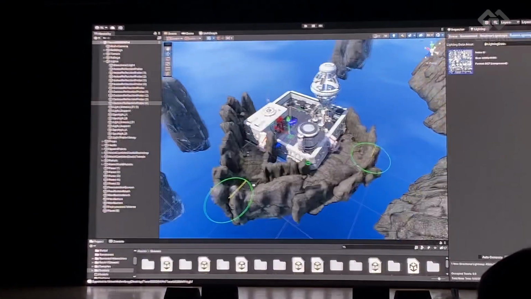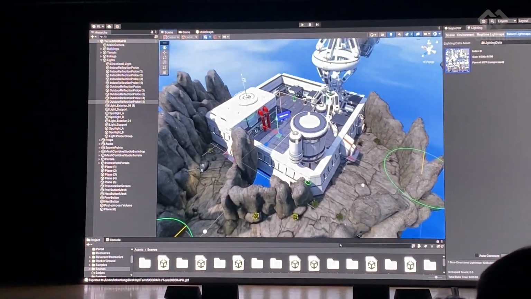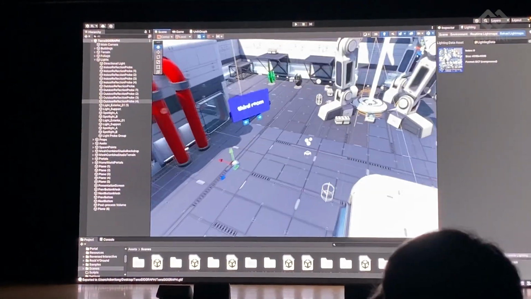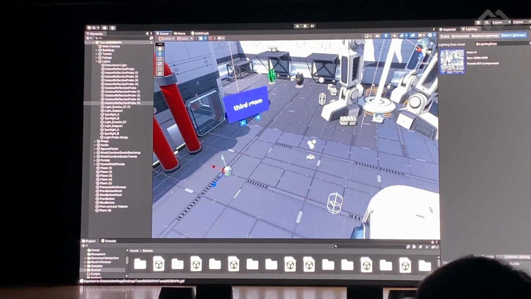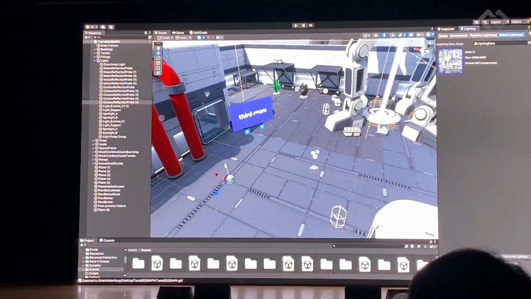flip over to now. You can see the same scene that we had open in Third Room. It's a standard Unity scene utilizing a kit from the Unity Asset Store. And if I zoom in here, I can see the reflection probe that we were just interacting with. And in the lighting tab over here, you can see the big light map for that scene.